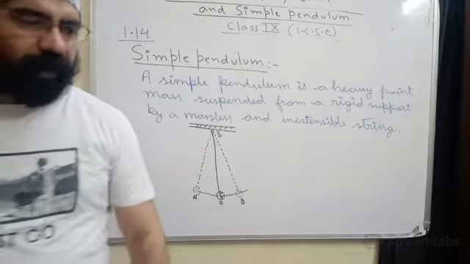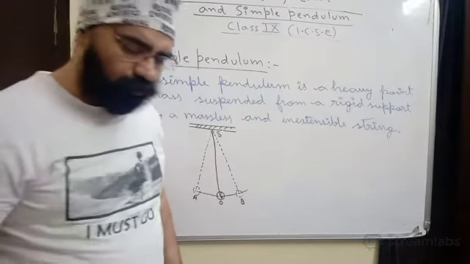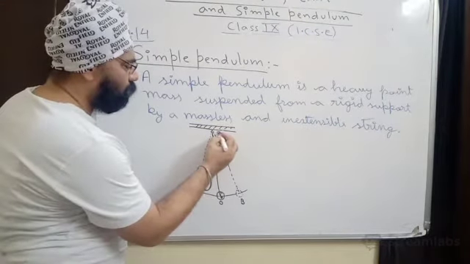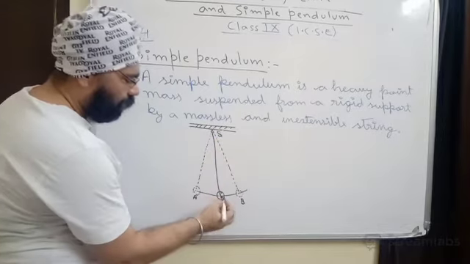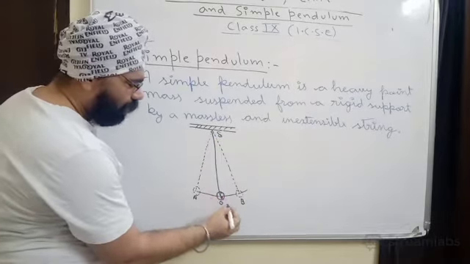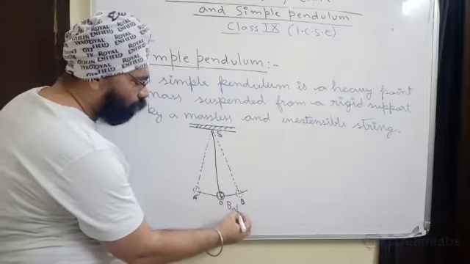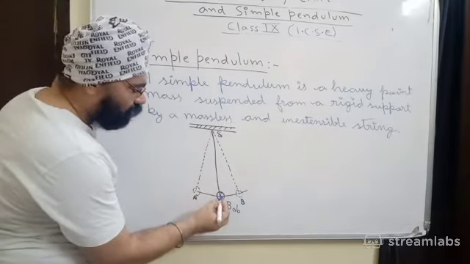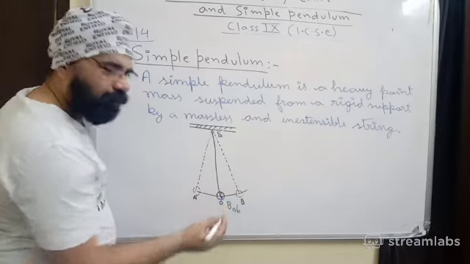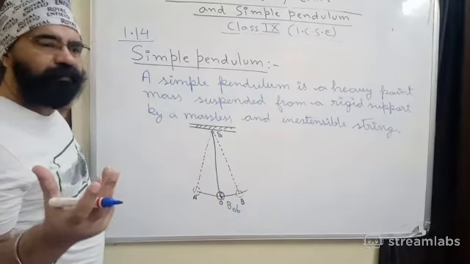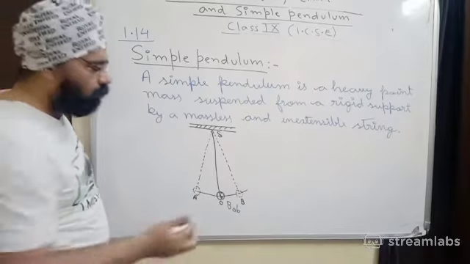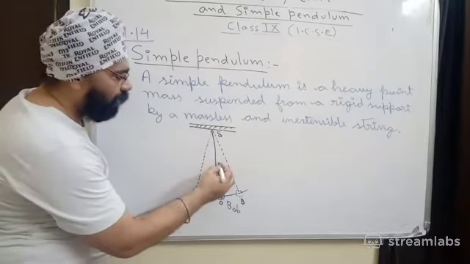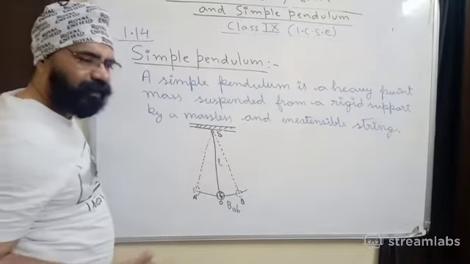Okay, first of all, I said it starts oscillating, oscillation. So what is oscillation? Now this is the rigid support S, okay, and this mass is known as the bob of the pendulum, right? So we measure its length from its center of gravity. Of a sphere, the center of gravity is at its geometrical center, right? So from the geometrical center to the rigid support, whatever the length is, L, that is known as the effective